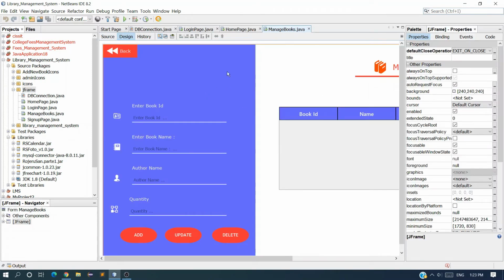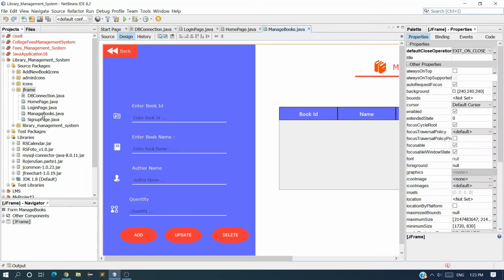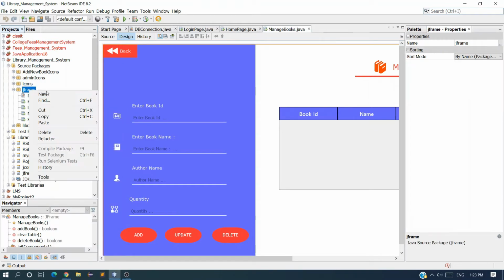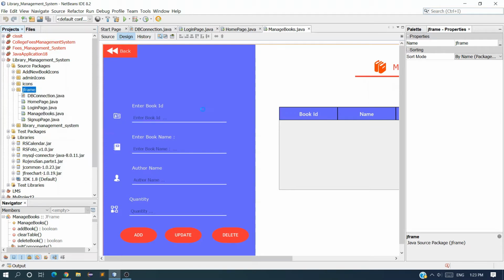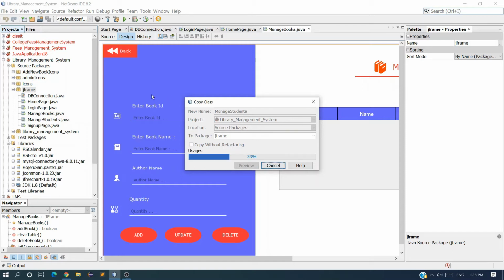So I just want to copy this frame because the interface is going to be the same. This one is a manage book, just click on copy and paste it here, and refactor copy, change the name here, and the name will be manage students, and refactor.